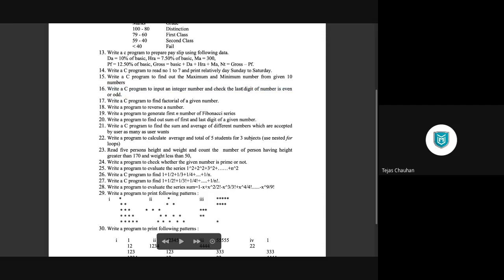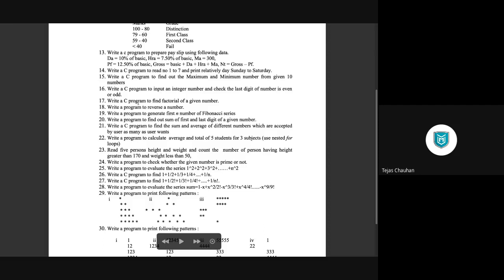Well, explicitly it says आप पूरे नंबर को इवन ऑड चेक कर सकते हो मॉड्यूलो 2 से. फिर भी चलो अगर वो बोल रहा है कि लास्ट डिजिट को चेक करना है, तो आप जो इंटीजर लिया उसको मॉड्यूलो 10 कर दो, 10 से डिवाइड करो और रिमाइंडर एक्सट्रैक्ट करो. मॉड्यूलो 10 रिमाइंडर जो भी होगा वो लास्ट डिजिट होगा. अब वो लास्ट डिजिट को मॉड्यूलो 2 करके चेक कर लो कि वो इवन है या ऑड है. सिंपल. So that's what the 16th number is.